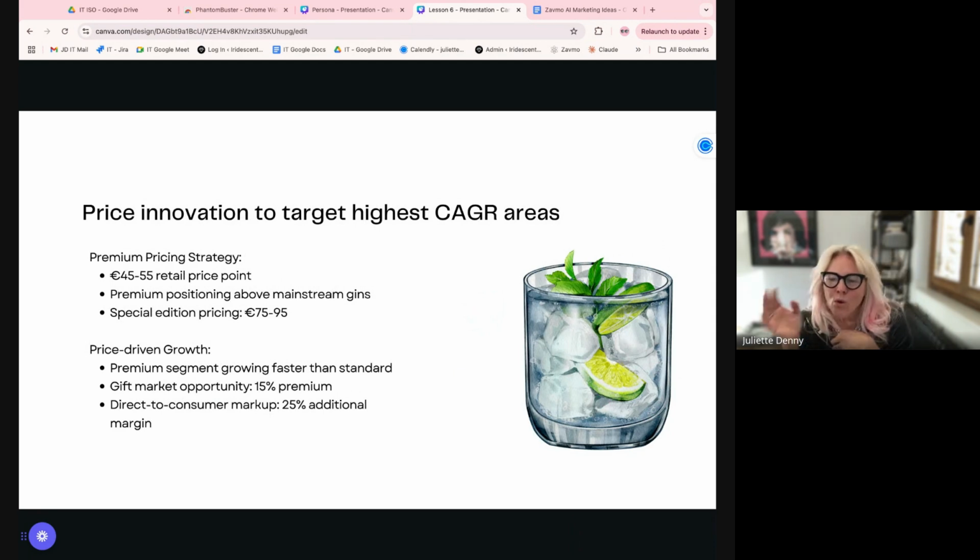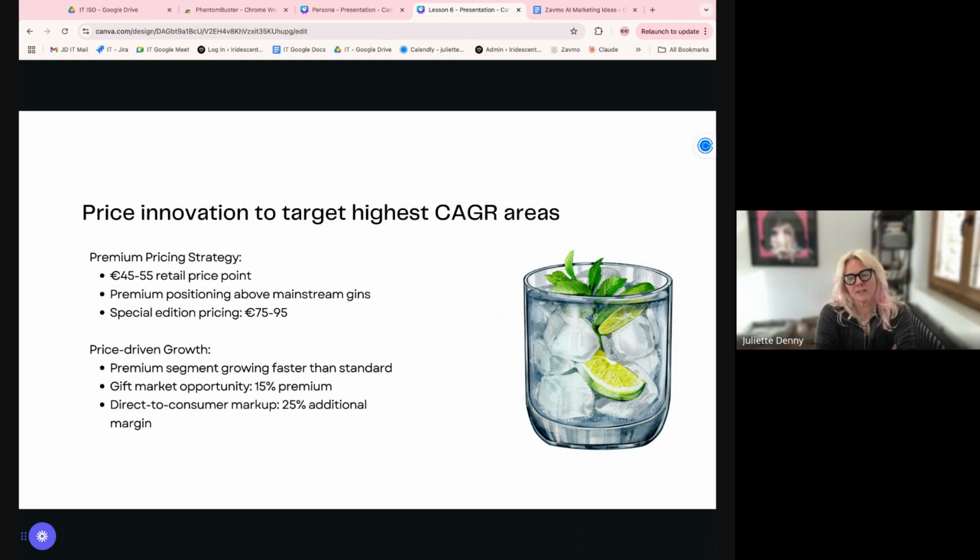Price, okay? There are always things happening in the market that define the price points that are going to be the most attractive, not only for consumers, so what people think is the amount they would prefer to be paying. Now, more is not necessarily more for consumers, because if you are aligning a gin drinking experience with more leisure than just a quick gin and tonic at home, if it doesn't cost the right price, then you're not going to think you've got that experience. So you need to think through price, because it's not just about cost in the mind of the consumer.